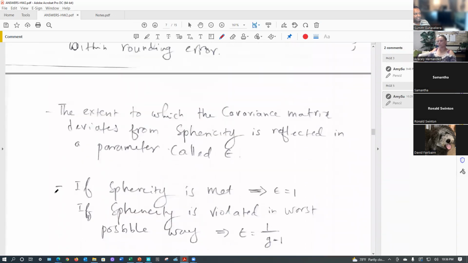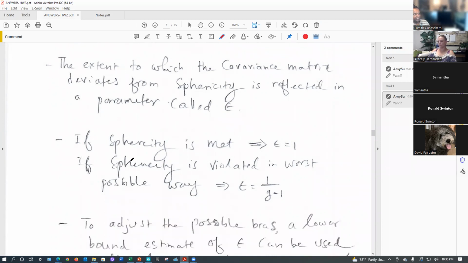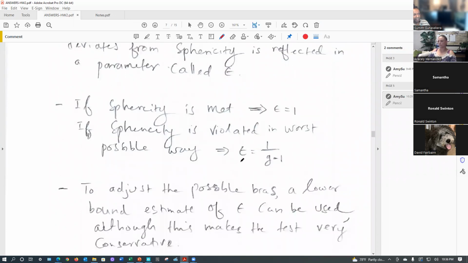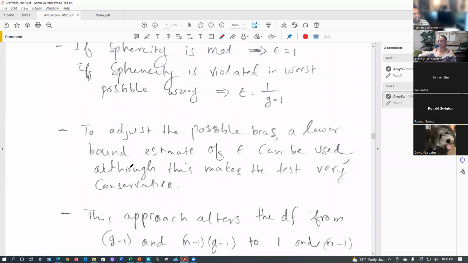See? Look at that. Again, we're going to talk about epsilon: the extent to which the covariance matrix deviates from sphericity is reflected in this parameter. It is the sphericity matrix. So if sphericity is violated, it's going to be 1 over this, to adjust for the possible